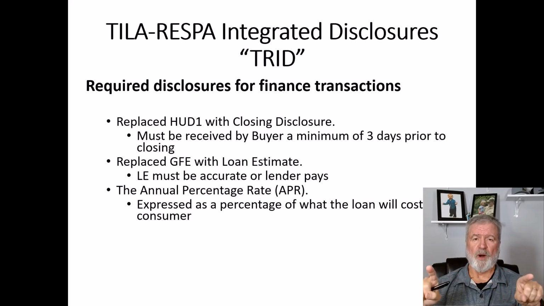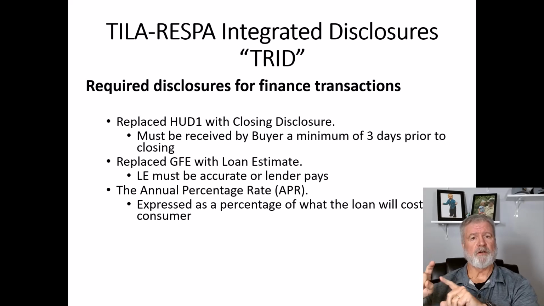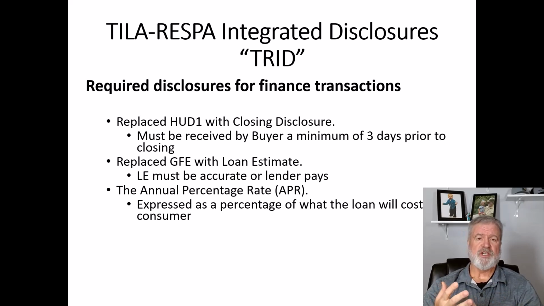But now they've separated it, and now they call it closing disclosures. The buyer gets their closing disclosure, and the seller gets their closing disclosure. But what is really critical about this disclosure, especially for the buyers, y'all, by law, and this cannot be waived typically, y'all, this cannot be waived. Y'all, the buyer must receive a copy of their closing disclosure a minimum of 3 business days prior to closing.